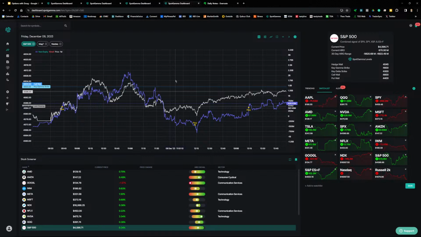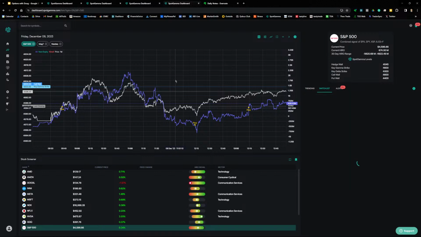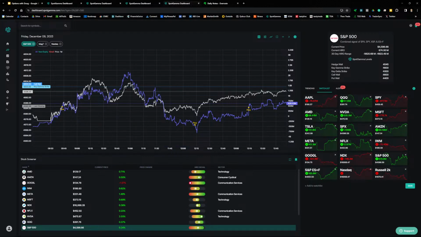And they typically have a very strong influence on price for the S&P 500 and NASDAQ. And I'll show that, and that is as well as many stocks. A lot of the stocks that I trade, the large cap tech stocks, price action is very largely driven by options trades, market maker hedging activity. All right, so this is the hero signal.